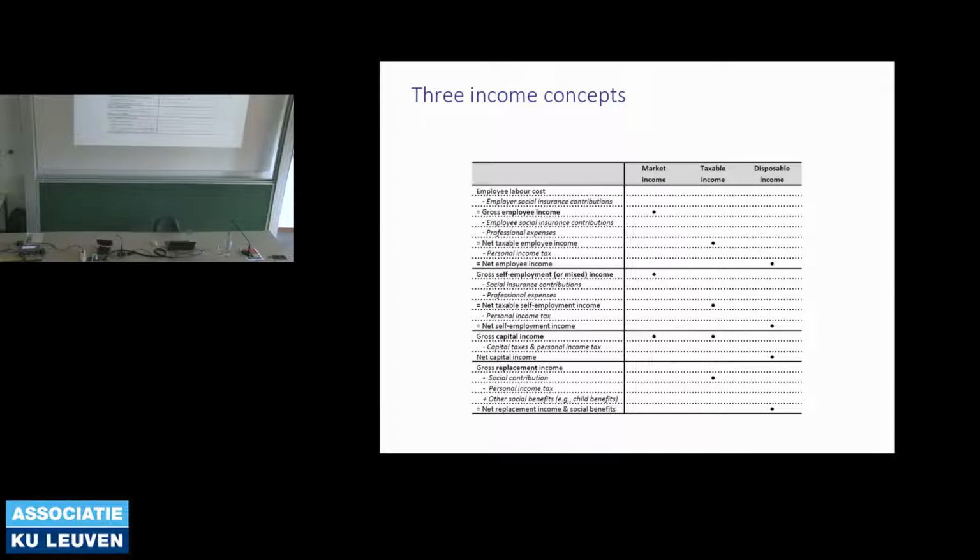And then the most studied notion, I would say, is the notion of disposable income. That's the income that in the end people can spend, right? That ends in their wallet at the end of the month. That's disposable income, from which basically the taxes have been subtracted. So those are the 3 income notions about which people have written. And I think it's very useful to distinguish them in future work.